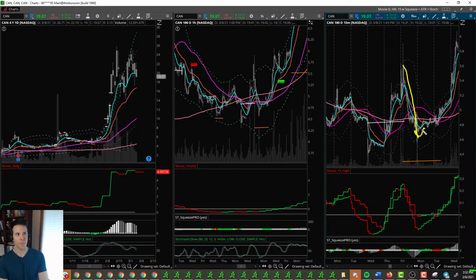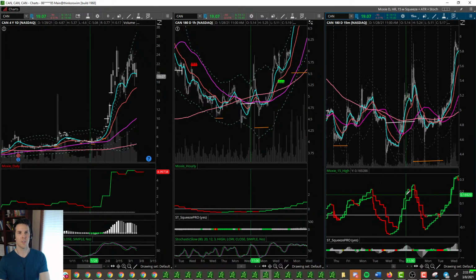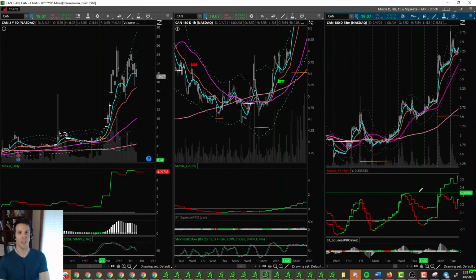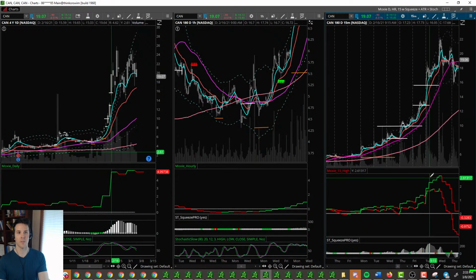And I just kind of kept staying in it because it wasn't too bad, and it was kind of doing what I wanted it to do, and some other stuff was looking great. And then the next thing you know, let me show you this, this thing just started to lift and lift and lift. And this one was just magnificent. Even on the 15-minute time frame, look how good this thing was. It just kept following the 15-minute 50. It doesn't get any cleaner than that. And that one was fantastic.